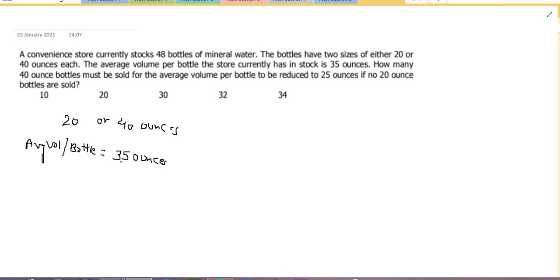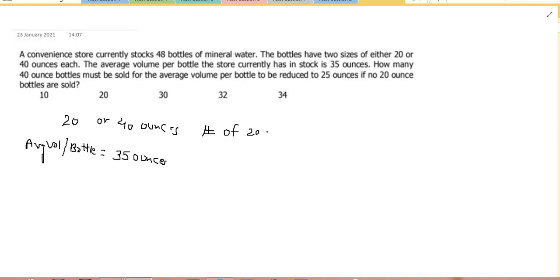So the question says that in total there are 48 bottles of mineral water and the sizes are 20 ounces or 40 ounces. These are the only two sizes in which bottles are available. And also the average volume per bottle is 35 ounces. So let us assume, now you will have to assume the number of 20 ounce bottles and the number of 40 ounce bottles because the number of bottles are not given. However, we are given the total mineral water bottles. So let me assume that the number of